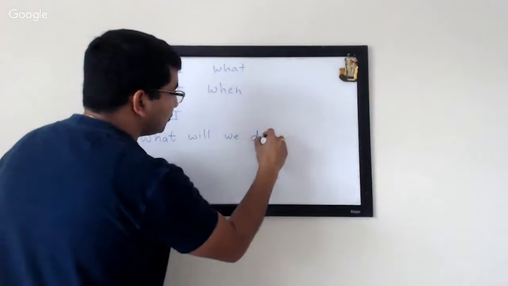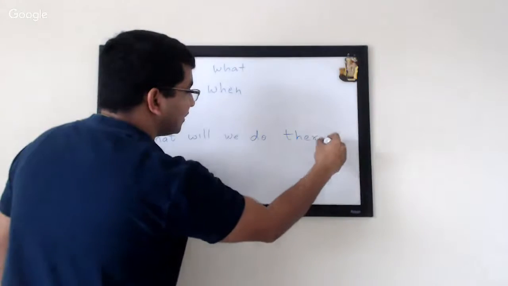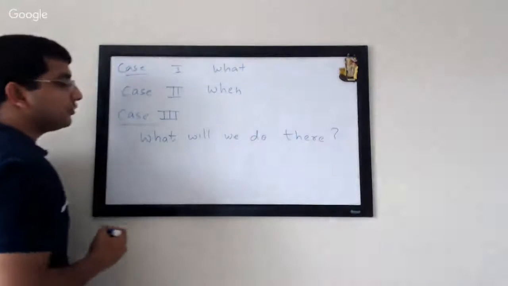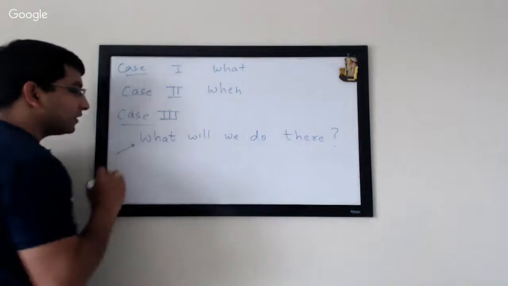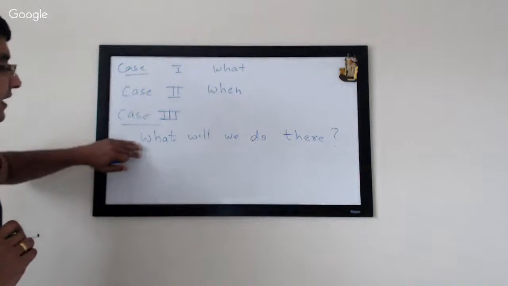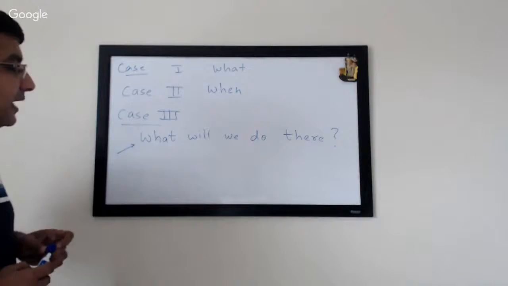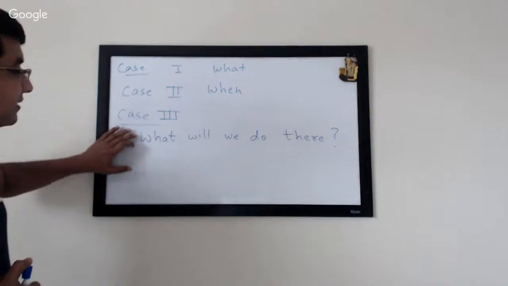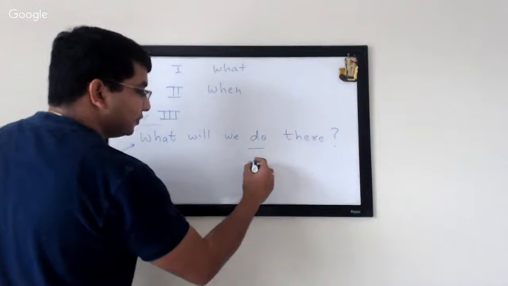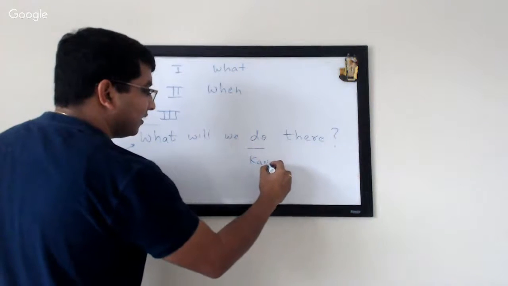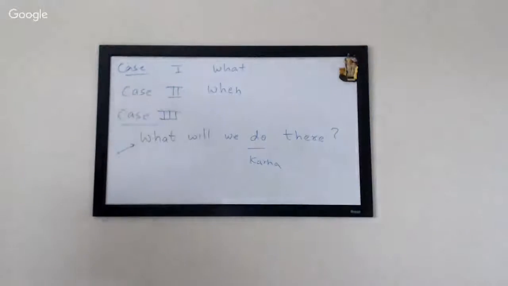So let's say you proposed to your friend, let's go to Kerala. Kerala chalte hain. And they are asking you, what will we do there? Before I even go into the detail, I'm going to take a quick 1 minute break to see, can you think of how you will say this sentence in Hindi? What will we do there? The verb is to do, karna. So I'm going to take a quick pause here.